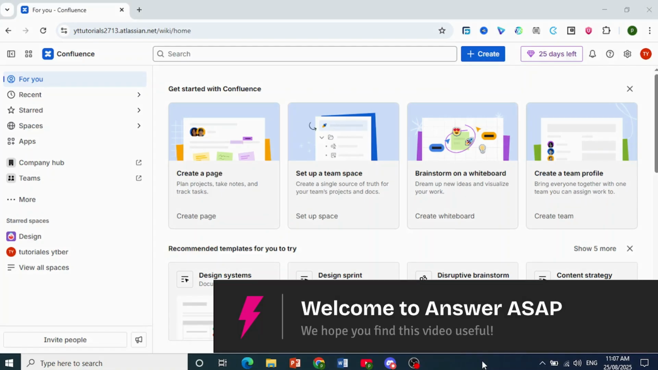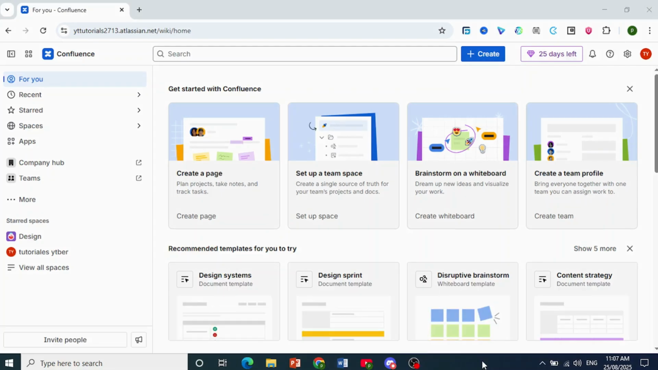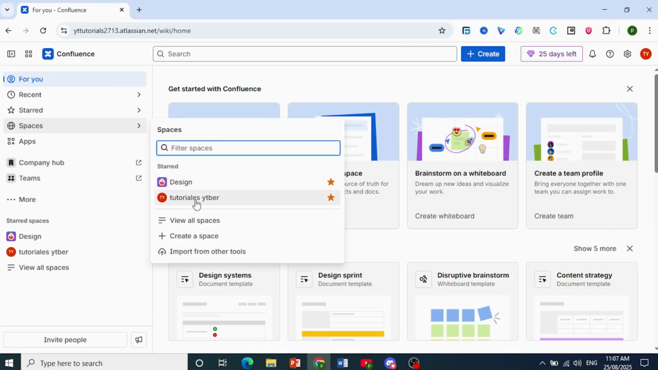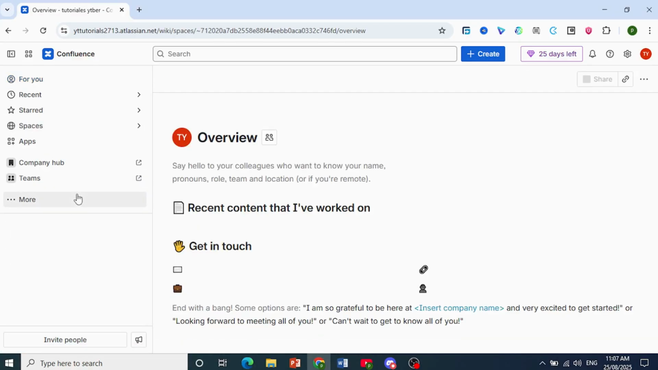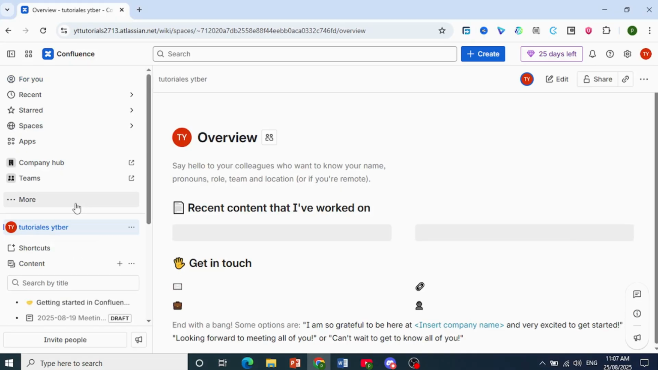Hey guys, in this video, I'm going to show you how to give admin access to Space in Confluence. Now, the first thing I want you to do is come to the left-hand panel and choose your space. I've clicked on this space right here, and now once this loads up, what I want you to do